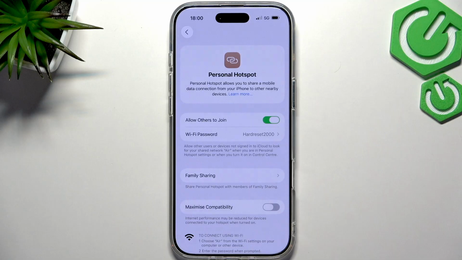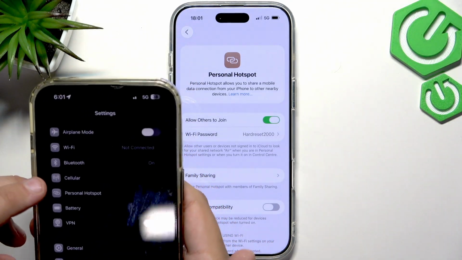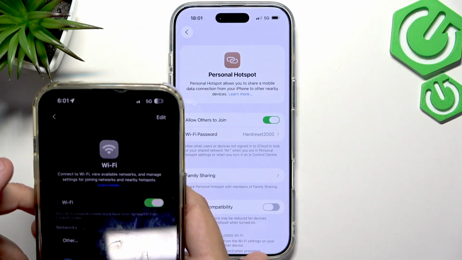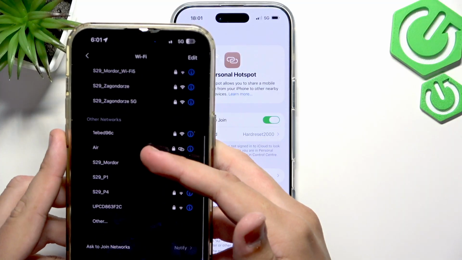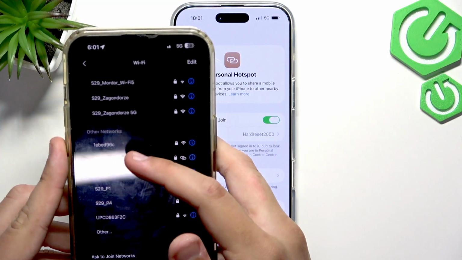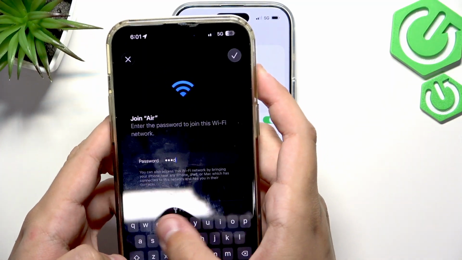So now if you guys want to use it, I'll grab the phone and I'll show you guys how to easily connect to it. So here I've got my phone. Now I'll just go over to the Bluetooth, sorry, not the Bluetooth, but the Wi-Fi, and here in the other networks we should be able to see the Air. So the Air is our iPhone. Now we have to enter the password, and the passcode was